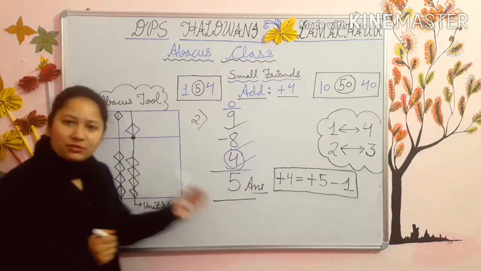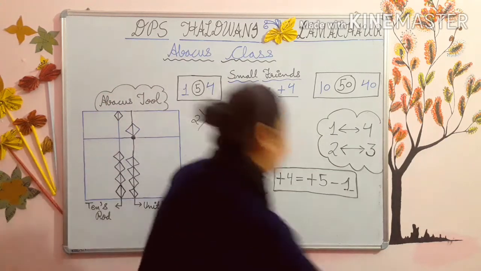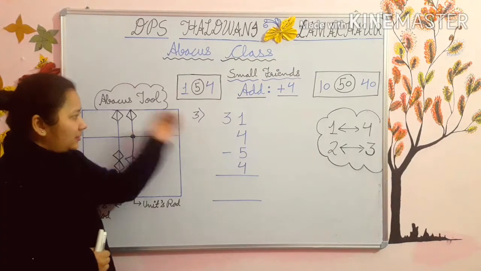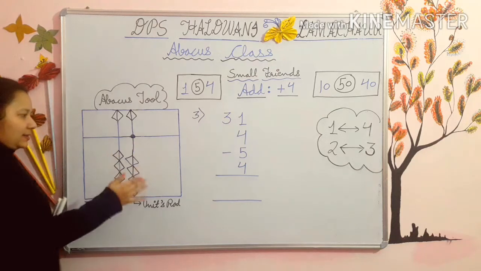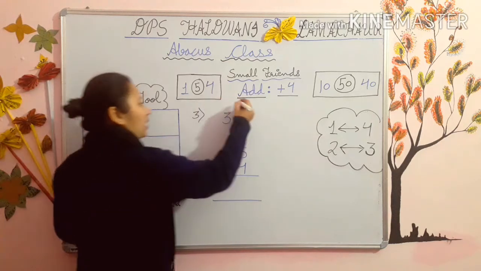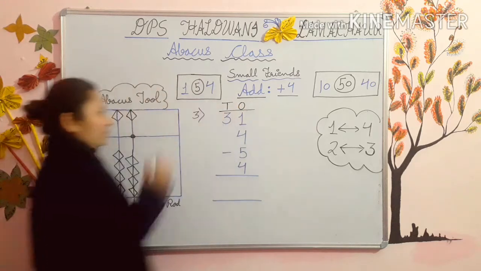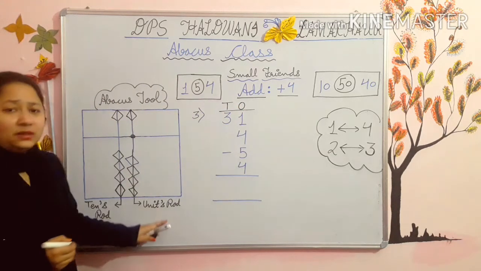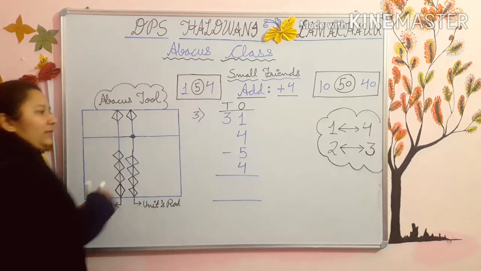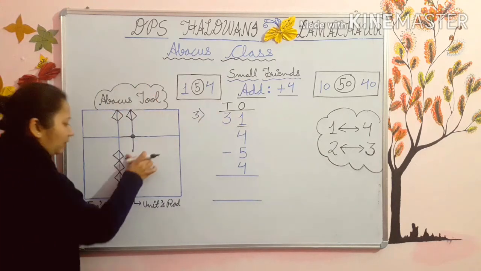Now students, after this question, we will move to a lengthy sum, which is your third sum. Now kids, it's your third sum. I have set the abacus. See, upper beads up and lower beads down. Now, as you know, our first rod will go in ones and our second will go in tens. See, ones and tens. Ones you can say units rod also. Now, first of all, put the numbers in the rod. See, first of all, there is 1. So, put 1 in ones rod.